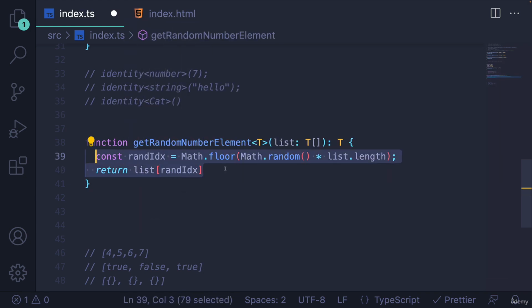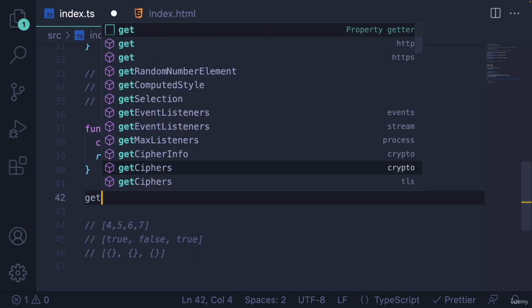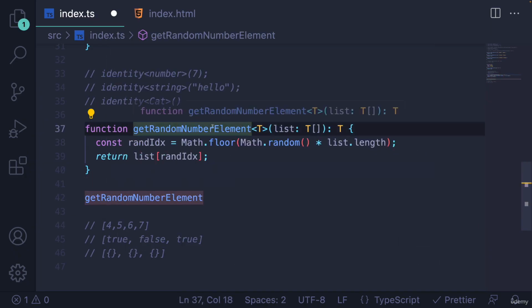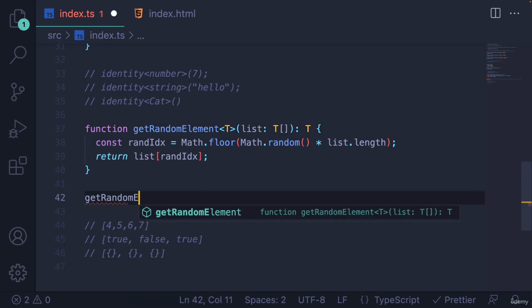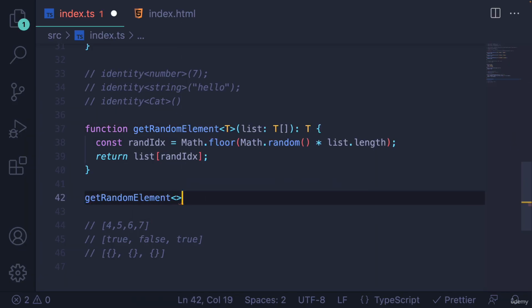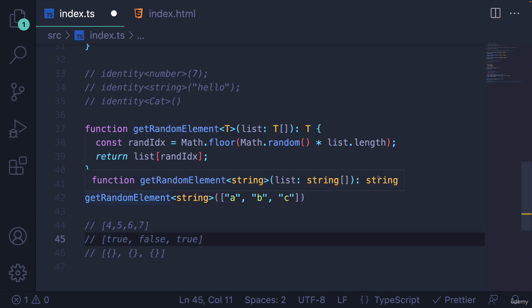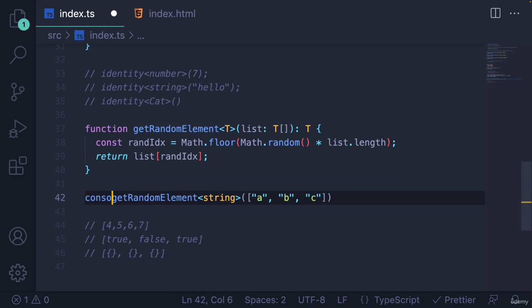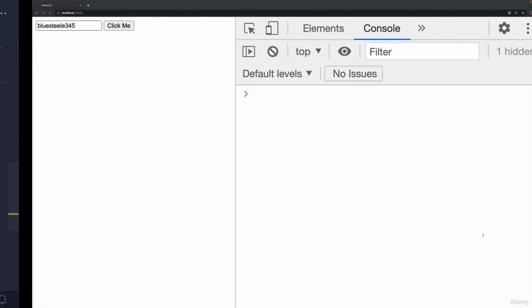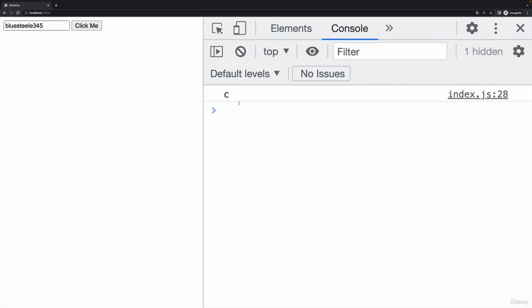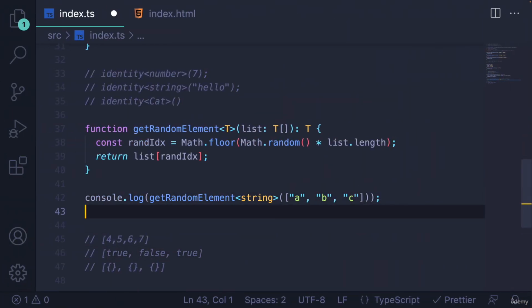This is not the point of the function, or of this video rather, right? We care about this up top, but I might as well implement this correctly. Okay, so now if I call getRandomNumberElement, which I should really just call getRandomElement now, getRandomElement, and I'm going to say this version is going to be of type string, and then I'll give it a list of strings, A and B and C, right? And what will it return to me? A random string from that list of strings. And then let's just console.log it, and every time I run this, we see a different A, B, C. Okay, great, it works.